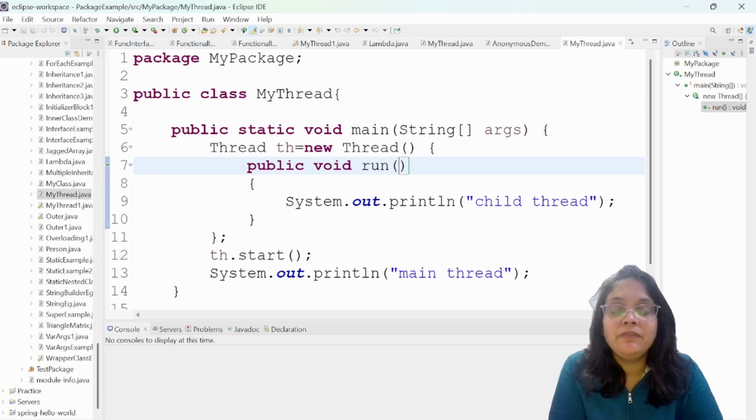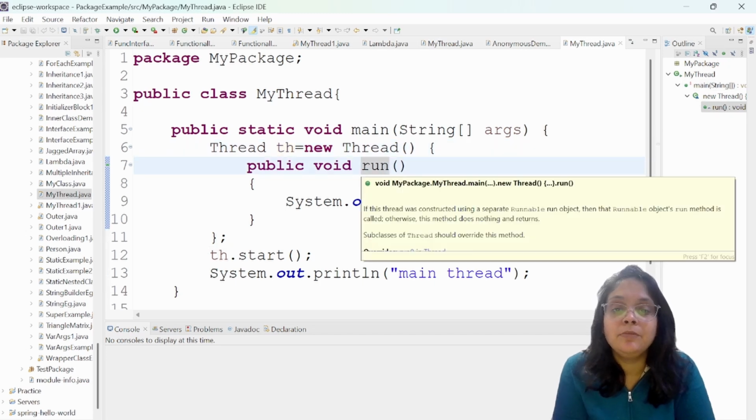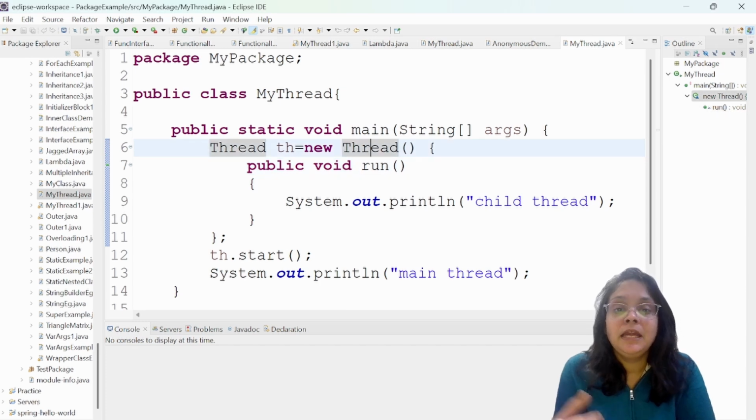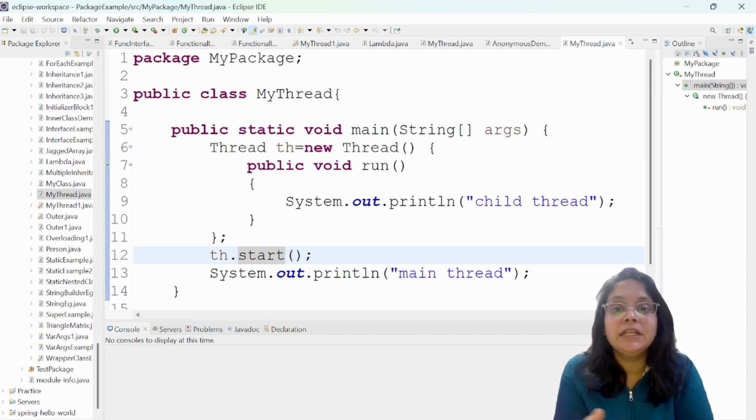So guys, we know that we can execute the threads by extending the Thread class, but suppose we want the immediate class where we don't want to extend the Thread class. Okay, so in that case we can create the anonymous inner classes. So here guys, I have created the object of the Thread class and I'm having the run method in that Thread class, which I am overriding here. So here in turn it is actually creating the hidden anonymous inner class. Okay, and ultimately I'm going to call the start method to actually start my child